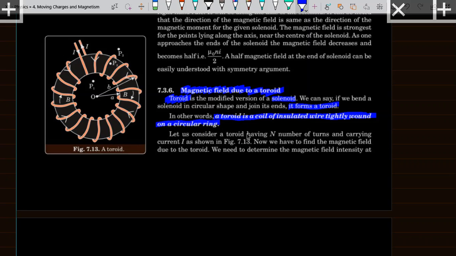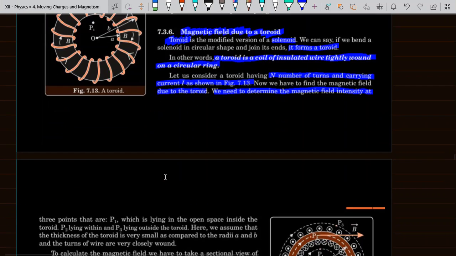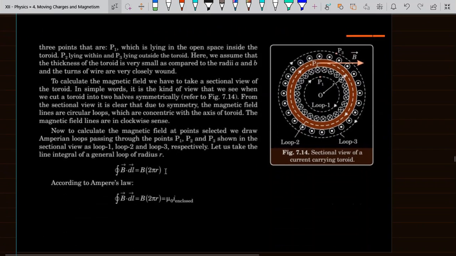Let us consider a toroid having n number of turns and carrying current I as shown in the figure. Now we have to find the magnetic field due to this toroid. We need to determine the magnetic field intensity at 3 points,